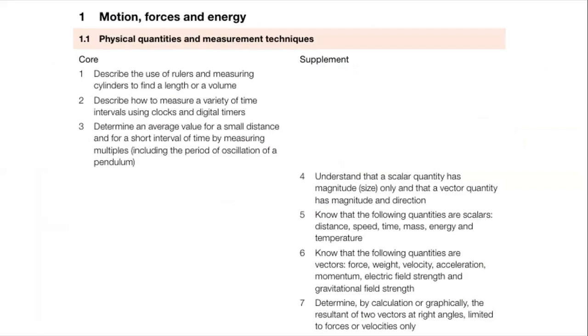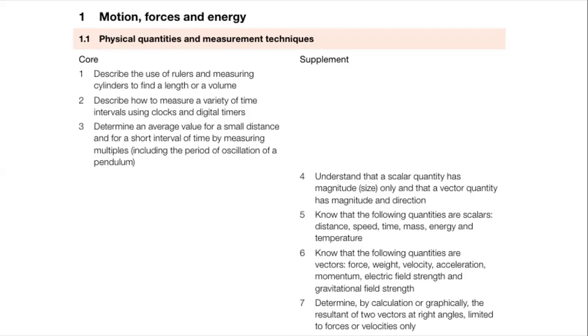Number 4, understand that a scalar quantity has magnitude only and that a vector quantity has magnitude and direction. Number 5, know that the following quantities are scalars: distance, speed, time, mass, energy, and temperature. Number 6, know that the following quantities are vectors: force, weight, velocity, acceleration, momentum, electric field strength, and gravitational field strength. Number 7,